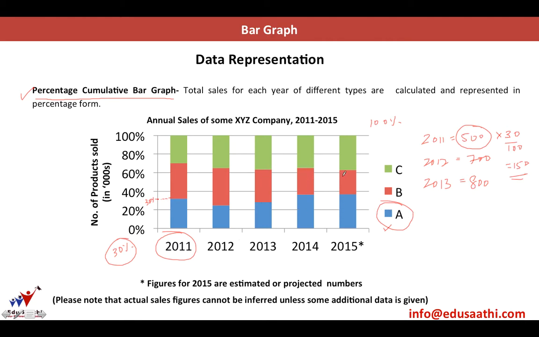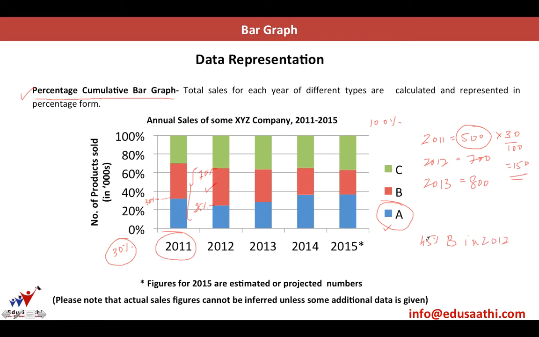So similarly, you can calculate for any product. Let's take one more example, product B in the year 2012. If you look here, this is approximately 25%, and this is let's take it to be 70%. So you'll have to use a little bit of approximation here. This gives me that 45% of product B was sold in 2012.